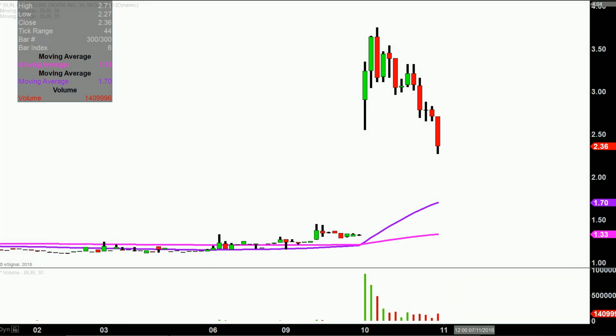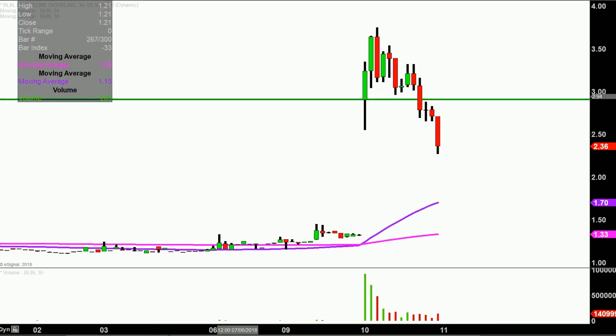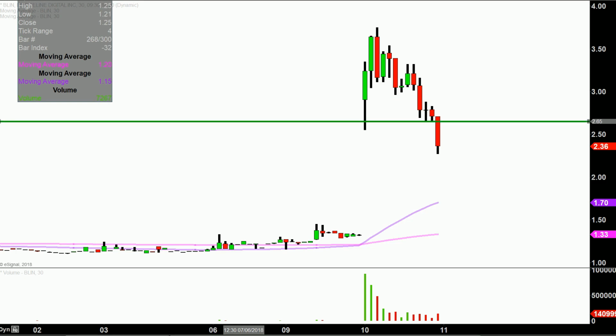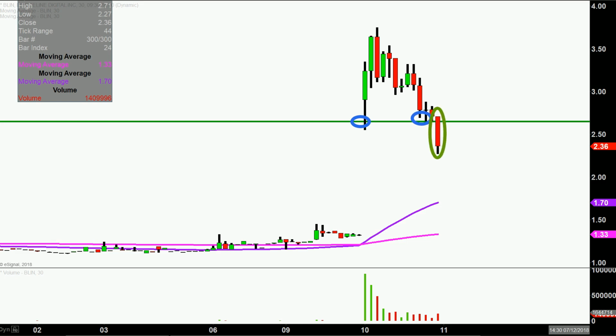Now, kind of a buzzkill type move going into the latter part of the day, the final 30 minutes, because for the most part of the day, the price was able to find some support right up here around $2.65. You go through a quick little history of things, and you can see that, yeah, right here, it held strong for the most part. And then all of a sudden, like I said, the final 30 minutes showed up, which is being represented by that candle right there. And you can see that it did indeed break down through that level of support,